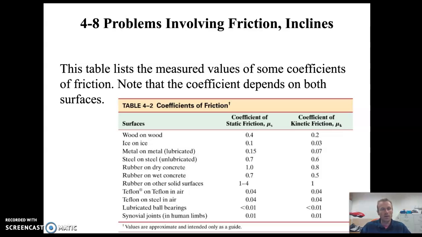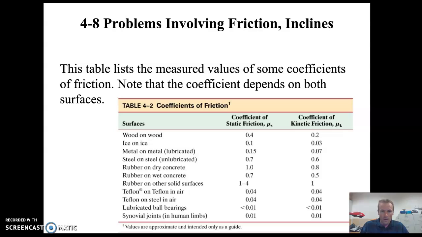So it turns out there's sort of a bit more friction at the moment before we start slipping, and then friction is reduced significantly. So that's why you don't want to spin the wheels on your truck or car to try to get unstuck. The more you spin the wheels, your friction is actually being reduced. You want to rock the car back and forth and try to not have those wheels start to spin, and your coefficient of static friction is going to be a lot more than it is with the kinetic friction,